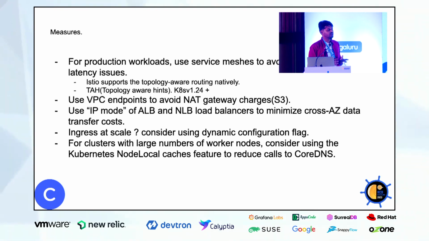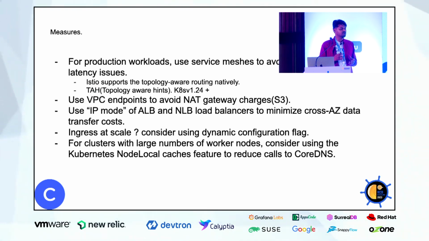inter-AZ traffic and latency issues. So if you have an Elasticsearch or OpenSearch cluster split across 3 nodes in 3 different zones, and it's 500 GB or 1 TB, the data transfer happens between those Elasticsearch nodes, and that is a cost to your AWS bill. So you can use something like topology aware routing in Istio, and from Kubernetes version 1.24 there is